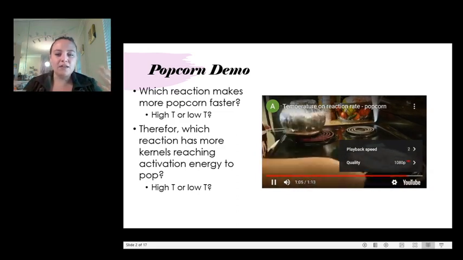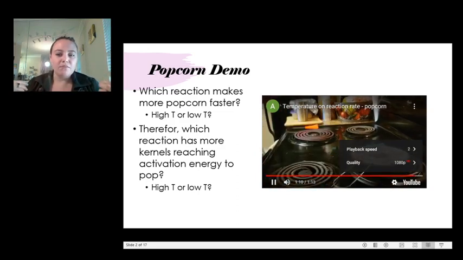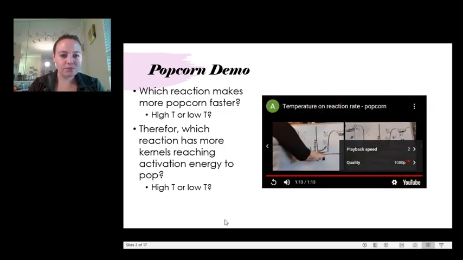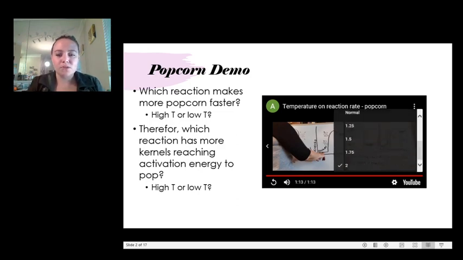And so with this higher temperature, the kernels react and turn into popcorn faster. So high temperature makes the popcorn pop faster. And so that means that the higher temperature brings more kernels to activation energy. That brings more kernels to the temperature that they need to be popped faster than the low temperature did. So now,